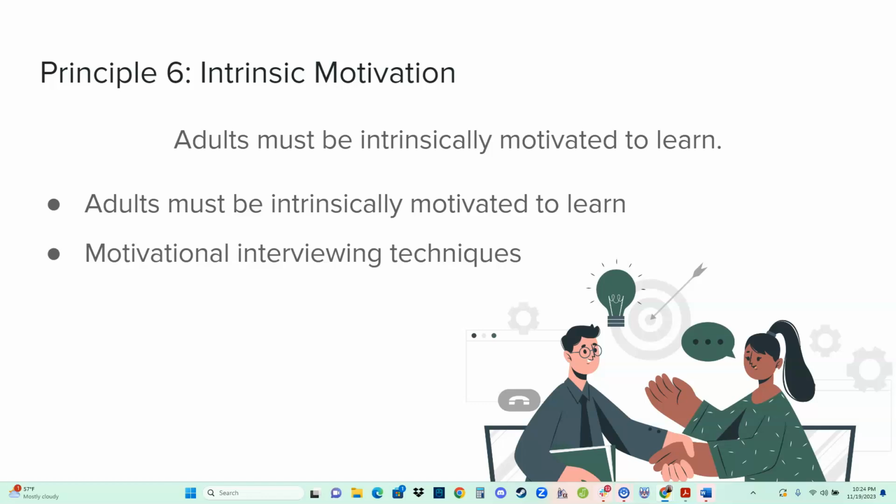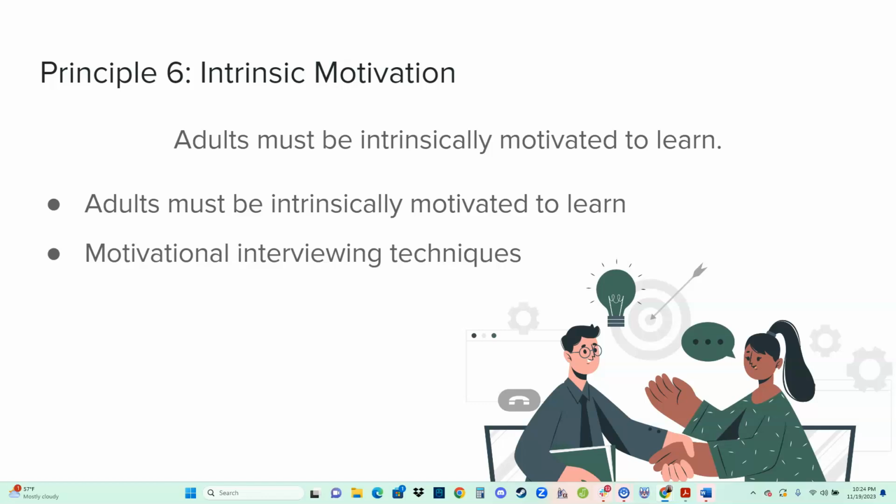We can also talk to them about why they're here, right? Why they're here, why they're learning. Because when you're an adult, you don't have to go to school anymore, right? You don't have to do anything. When you're a kid, you have to go to school. When you're an adult, you do not have to. So help me understand why you're here. Help me understand why you're going through the pain in the neck that school is. Why are you doing it, right?